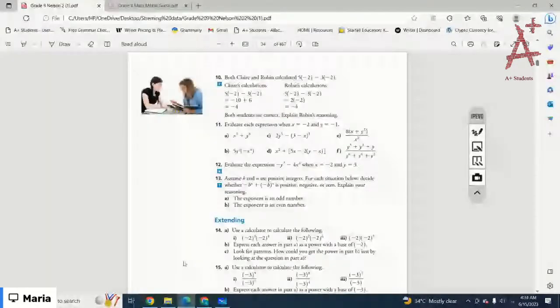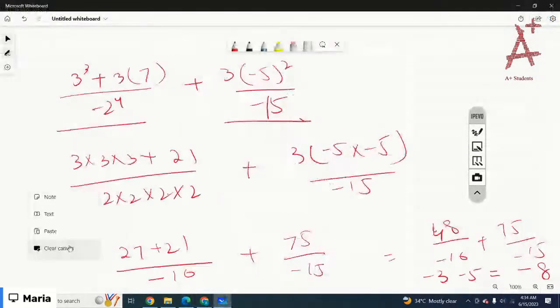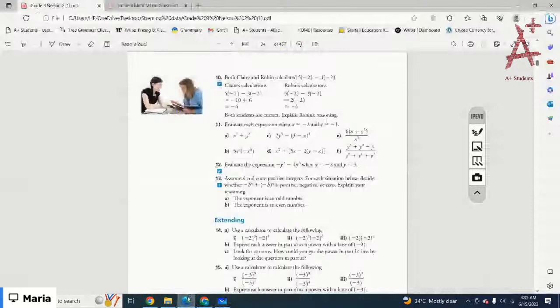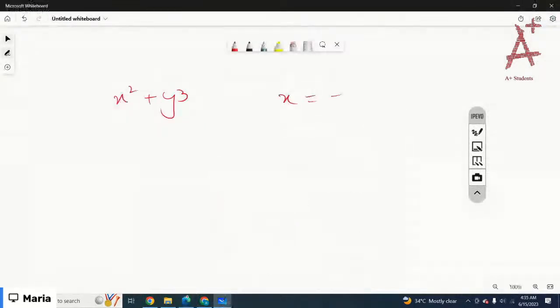Okay, let's just look at question number 11. Evaluate each expression for x equals negative 2 and y equals negative 1. So you have to evaluate the expressions for the specific values of x and y. X squared plus y cubed is the first one. Let's just replace the variables with the values. X is negative 2, so it would be negative 2 square, and y is negative 1, so it would be negative 1 cube. Negative 2 square means you have to do negative 2 times negative 2, that would be